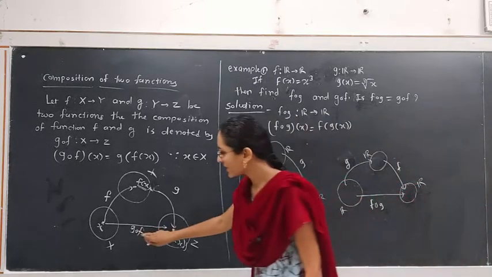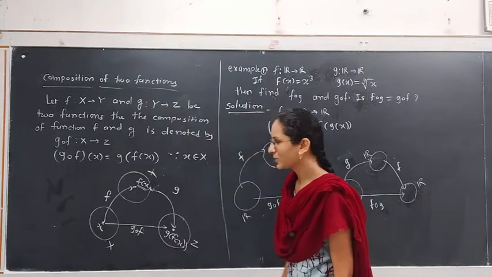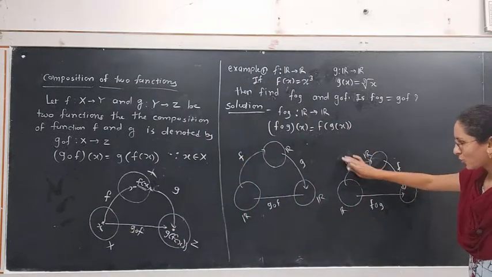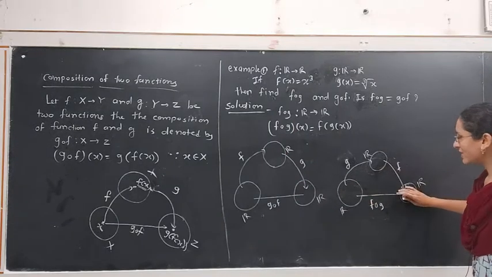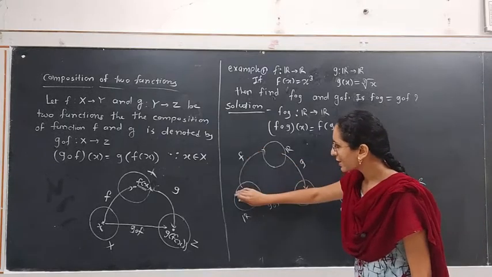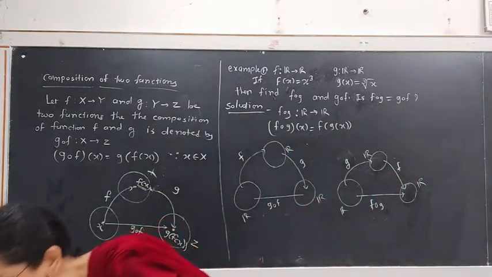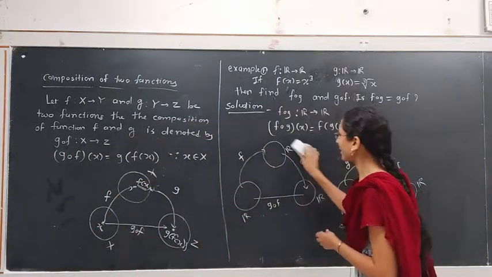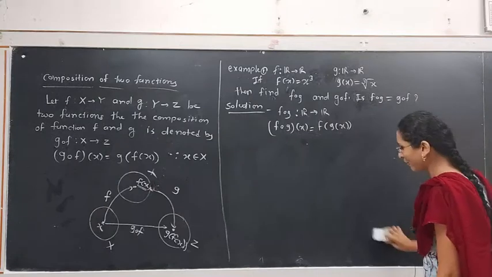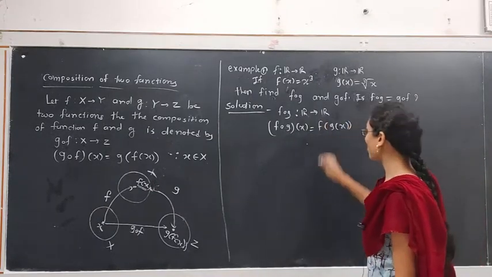Here, g∘f is a mapping from the domain set of f to the codomain set of g. Hence, here f∘g is a mapping from the domain set of g to the codomain set of f, and g∘f is a mapping from the domain set of f to the codomain set of g. Because all the sets are the same, the composite functions f∘g and g∘f have the same domains and codomains.